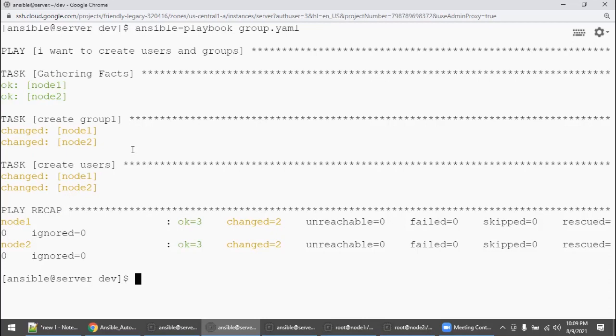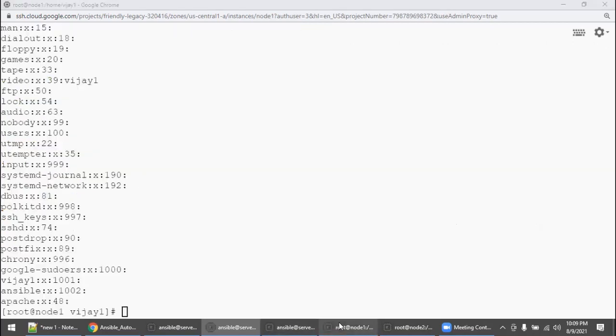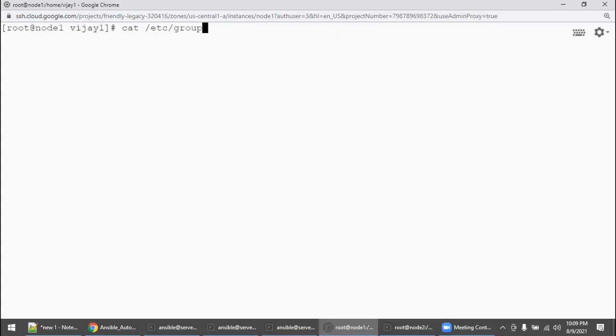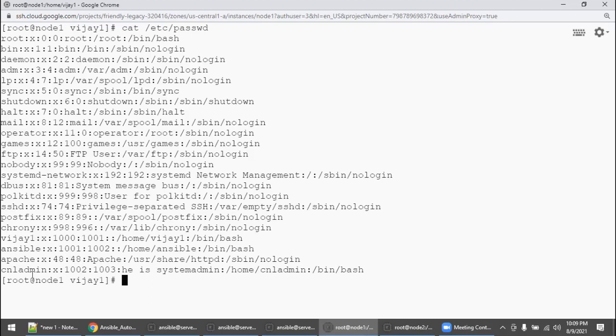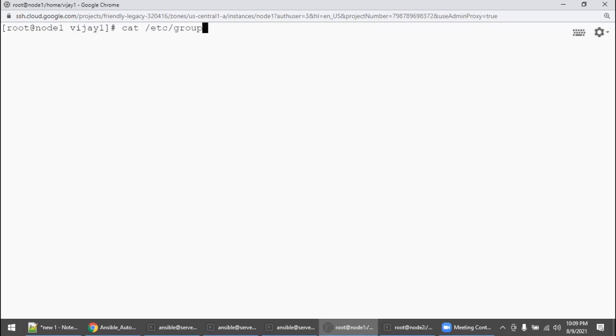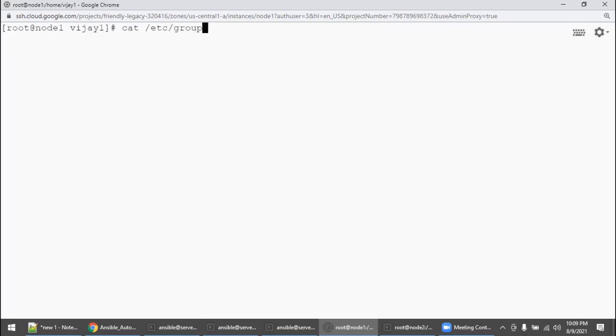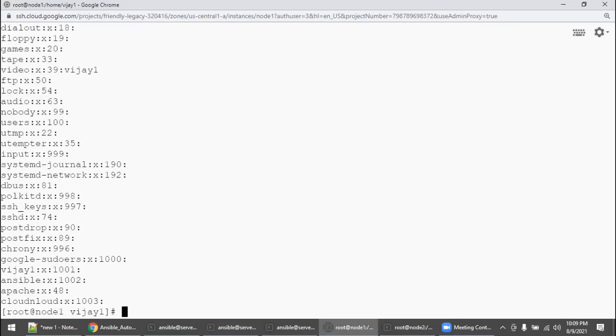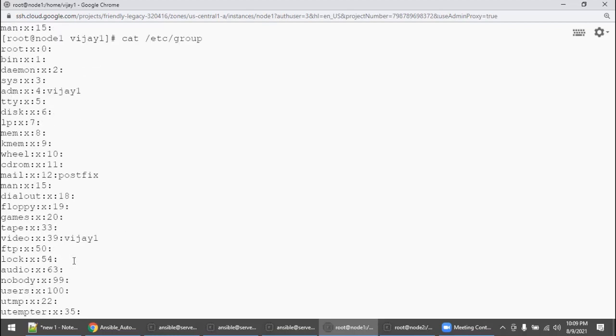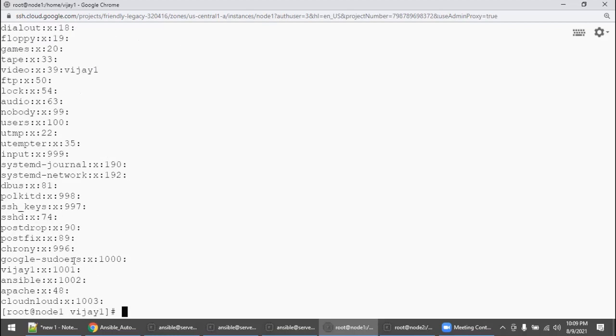This is our expectation, which we prepared in the playbook, right? So let's go here and check. First, user is created. Yes, cnladmin is created. Now check: the group is created and the user is part of C1003. Let's check it.